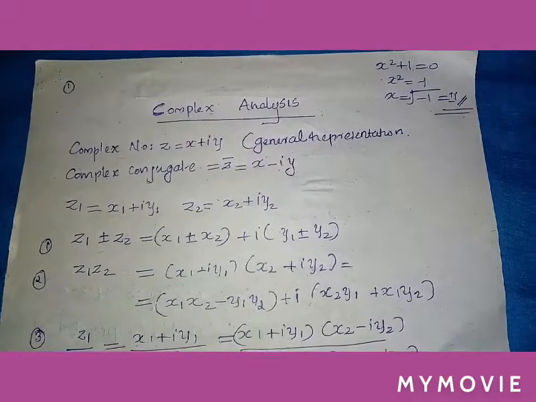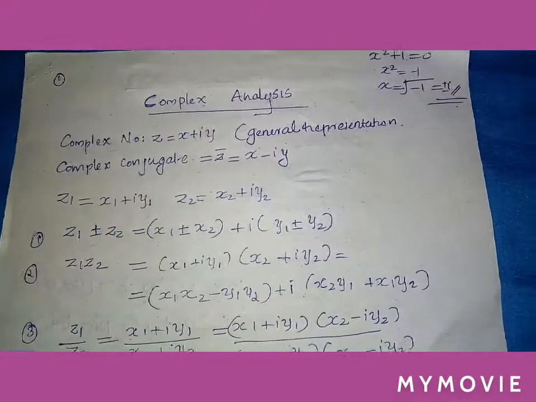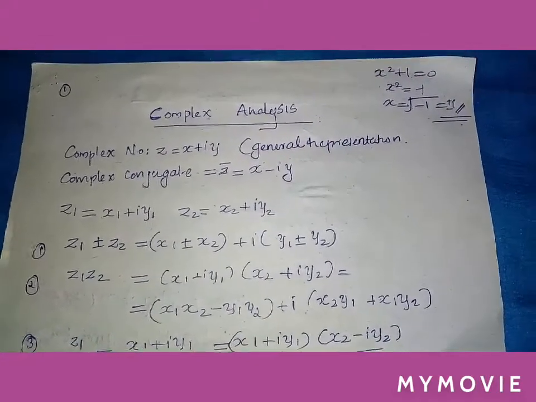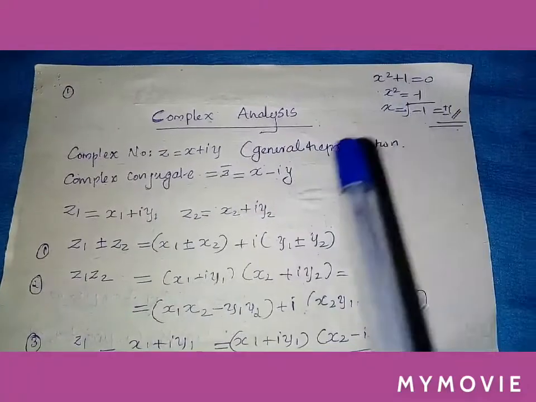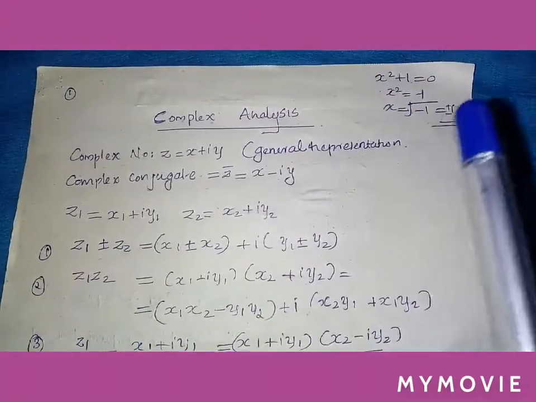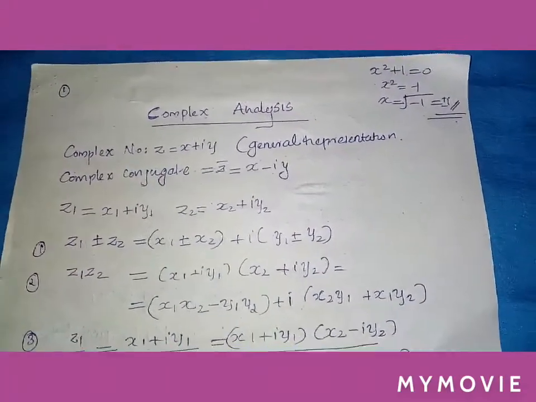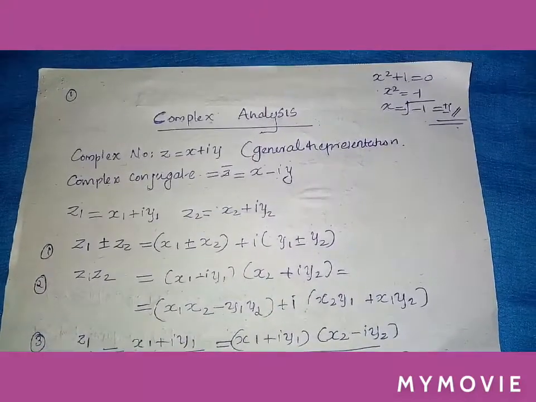Today we are going to study the complex analysis introduction. So we know that the equation x square plus 1 is equal to 0, x square is equal to minus 1, x is equal to under root minus 1, that is plus or minus i. The complex number